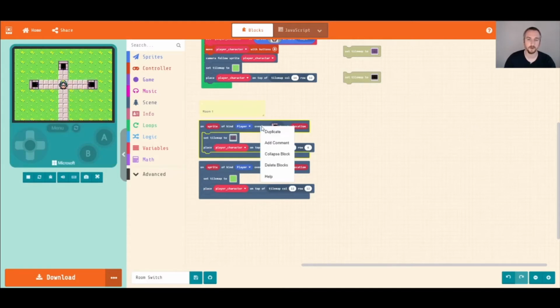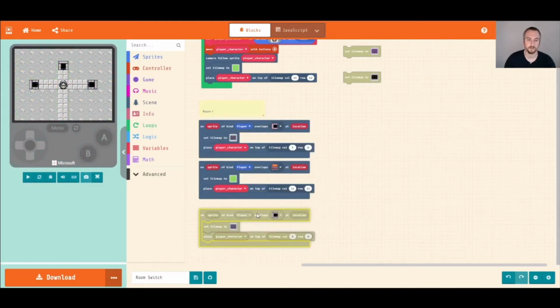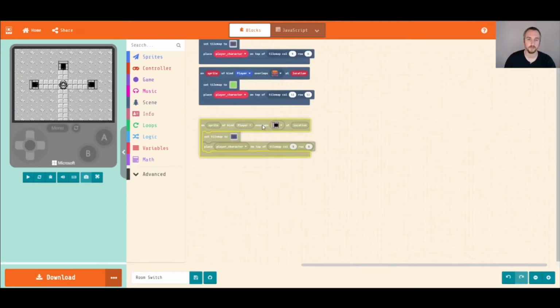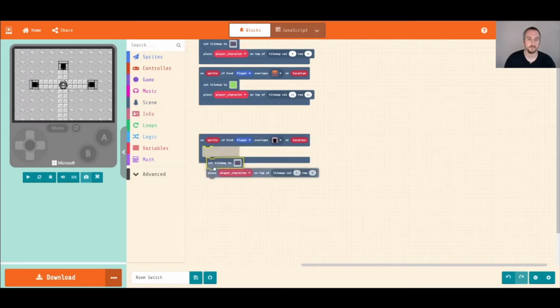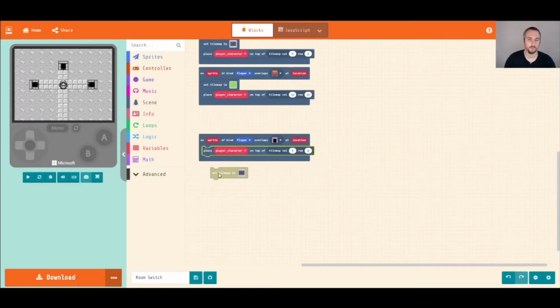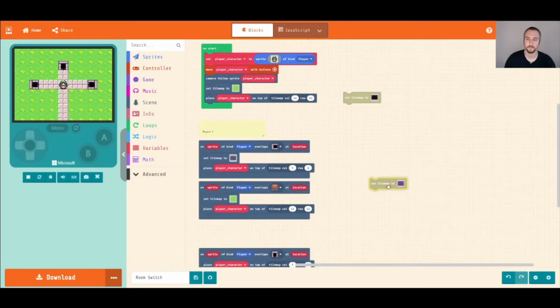So let's add our room 2. I'm going to click duplicate. I'll scroll down a little bit and change this one to the top. And again, I'm going to leave that one in here. Get rid of that. Scroll back up,